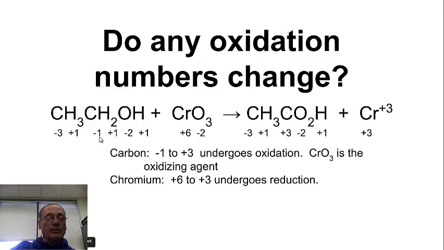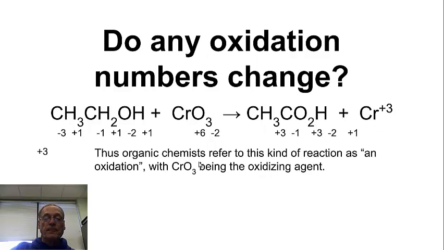And this carbon is going from a -1 oxidation state to a +3 oxidation state. So it's becoming less negative, more positive, increasing the number. That therefore is an oxidation. So this carbon going from a -1 to a +3 is undergoing oxidation, and it's the other thing that's the oxidizing agent. In other words, it's the chromium oxide that is making this be oxidized, so this is the oxidizing